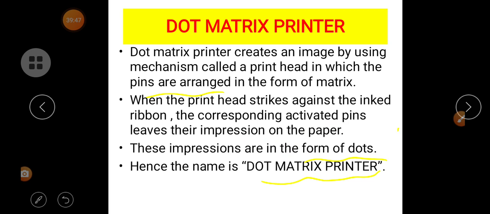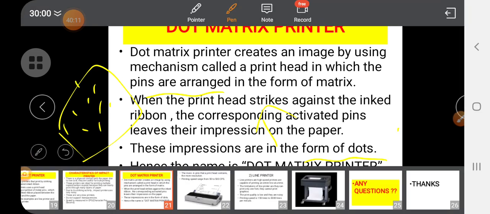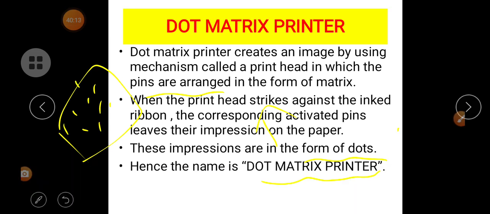Okay, so a dot matrix printer will always print by striking against the inked ribbon, and the corresponding pin is going to leave the impression on the paper. So the impression will be formed in the form of dots. So it is called a dot matrix printer.